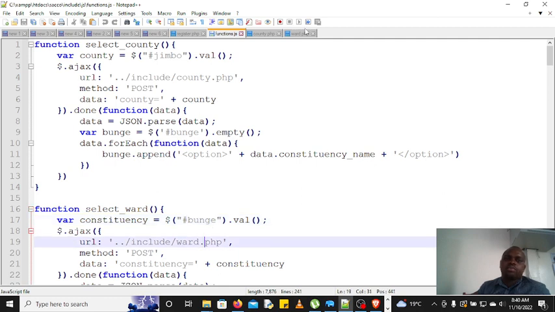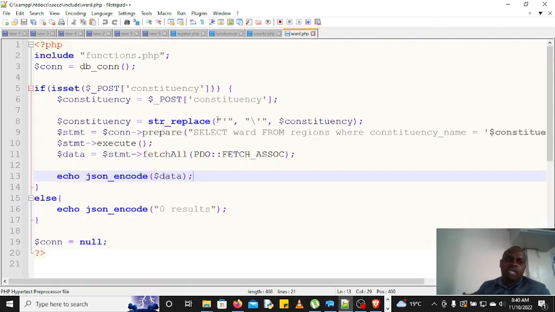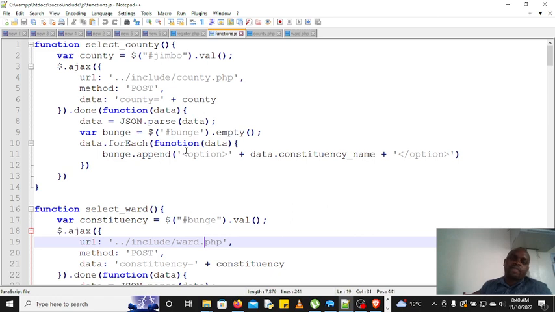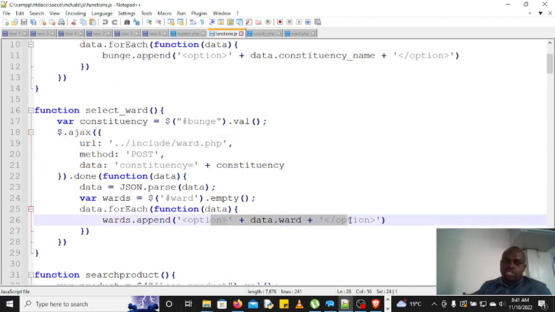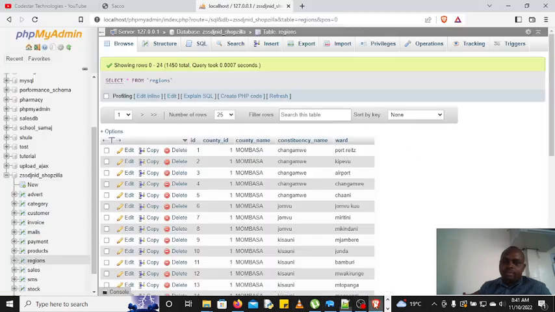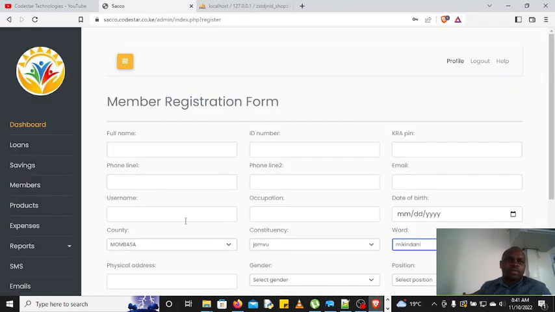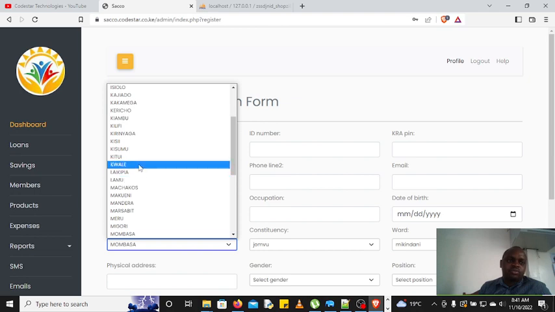Then this data is also passed to this PHP file, which will fetch all the words that are in that constituency name. Then after that, convert it into JSON and pass it to the JavaScript function where you embed it on the constituency word name. And now you are able to get all that data. That's why you can see I am able to come here and select a different one. For example, if I pick